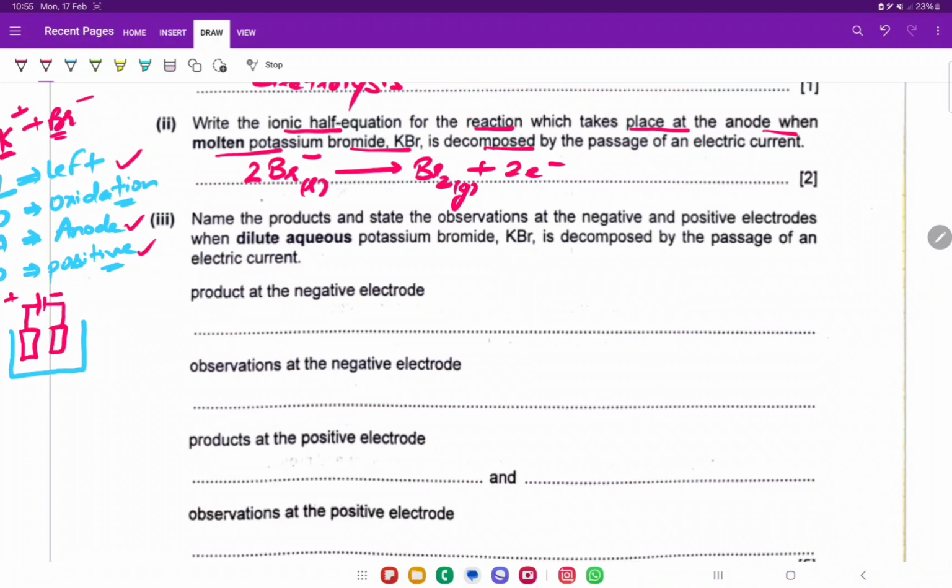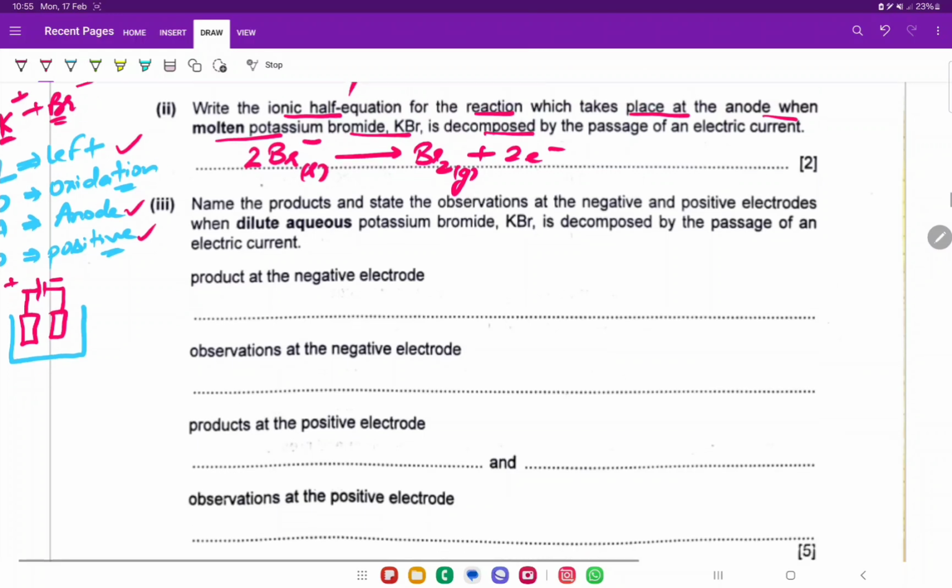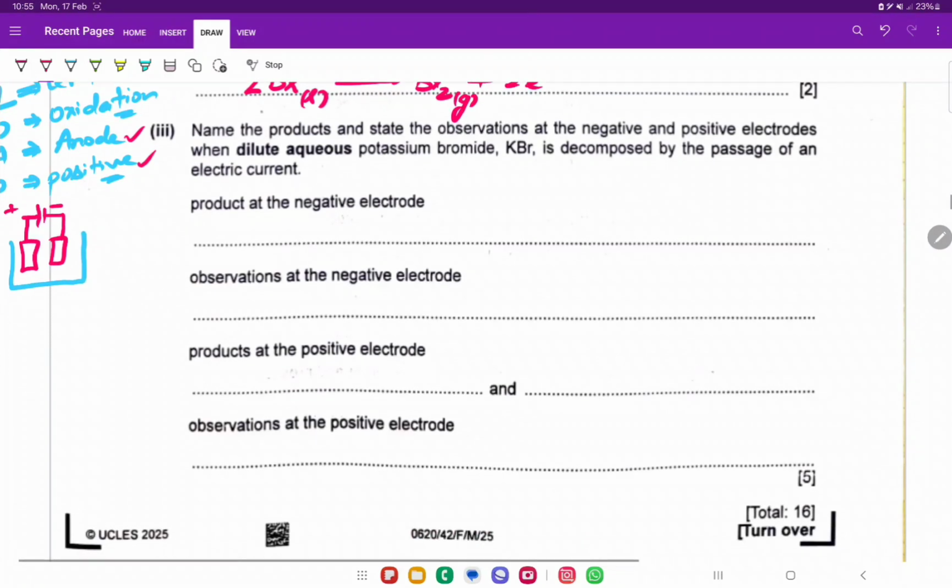Doesn't matter, you can write gas or liquid both. If it's high temperature, it will convert into gaseous state. Br minus converts into Br2. This is the equation. Now name the product and the state and state the observation at the negative and the